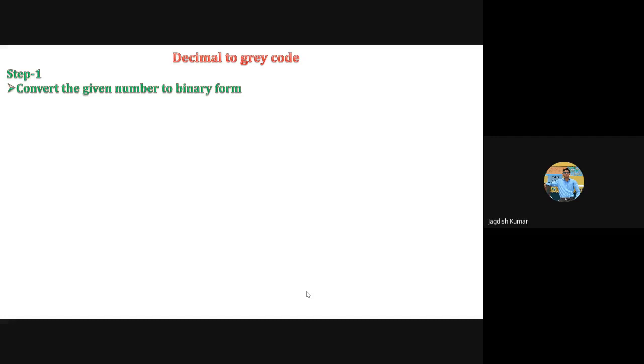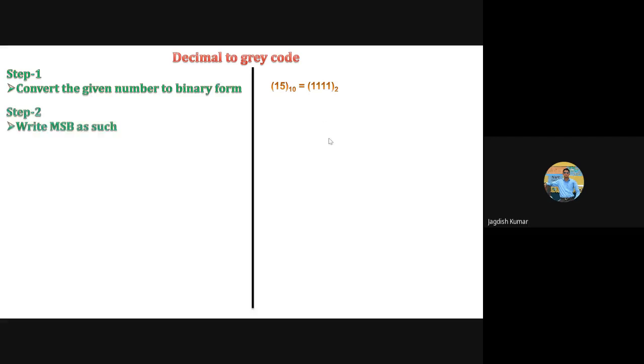So the first step in this direction is to convert the given decimal number to its binary form. We will start with one example and work through it in parallel. Let us take an example in decimal form, which is 15, and this number is very simple. I hope you all know how to convert this to binary form. This comes out to be equal to 1111 in a 4-bit system. That is your 15.